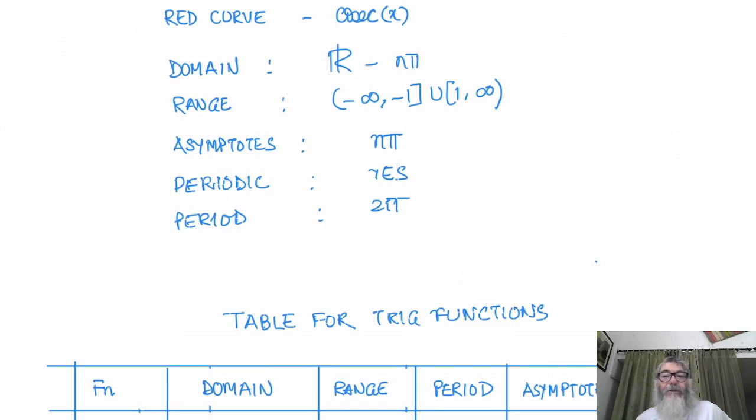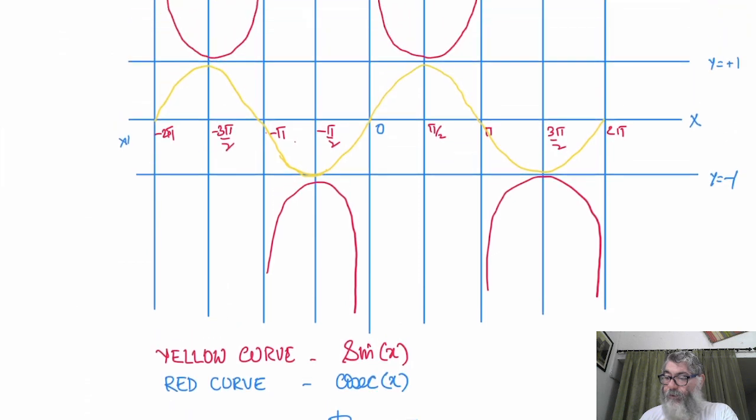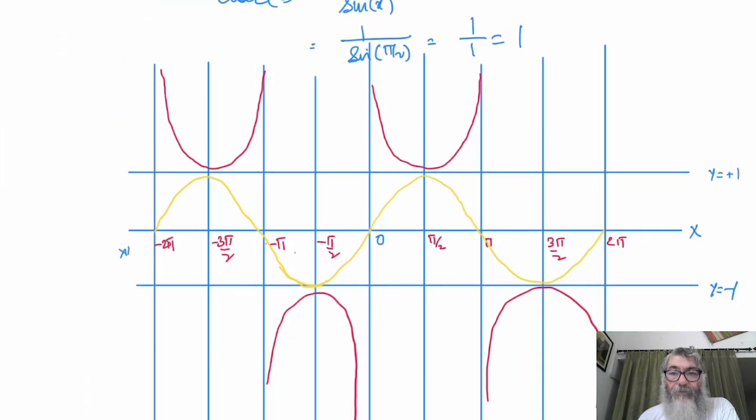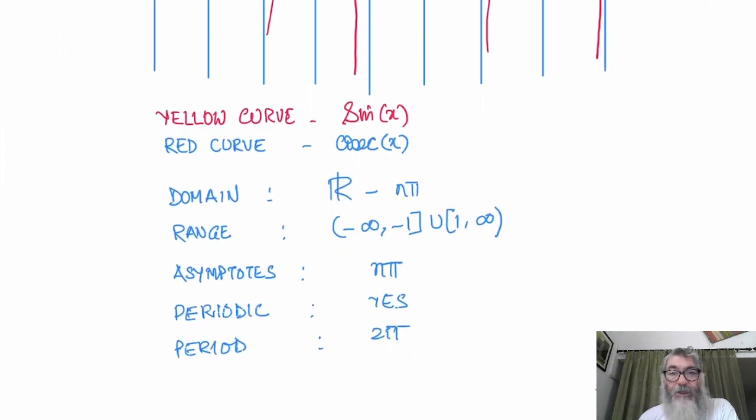Hello everyone. Yesterday we had discussed the last function, I think the last function we discussed was cosec x. We had graphed cosec x. The only thing I had left yesterday was periodicity. Yes, it is a periodic function and its period is 2 pi. Sec x as well as cosec x both have their periods as 2 pi.